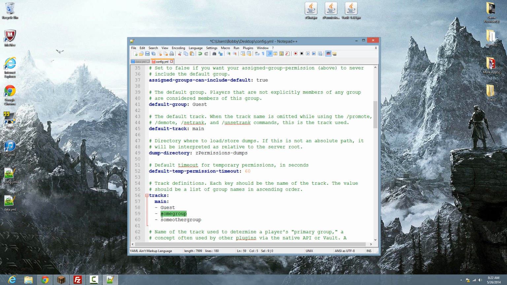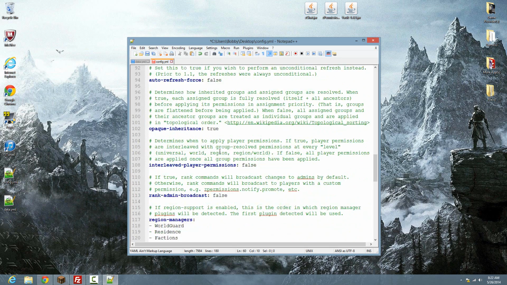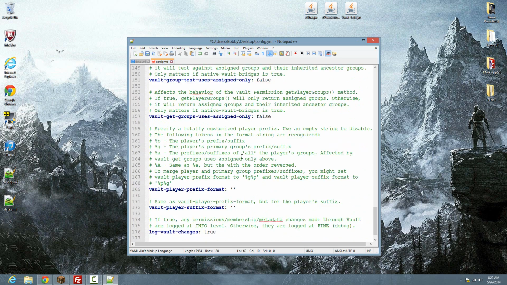Make sure it is in order. If it's not, it won't work. Mod, and then admin. Just like that. So now let me just check and make sure if anything is wrong on here,